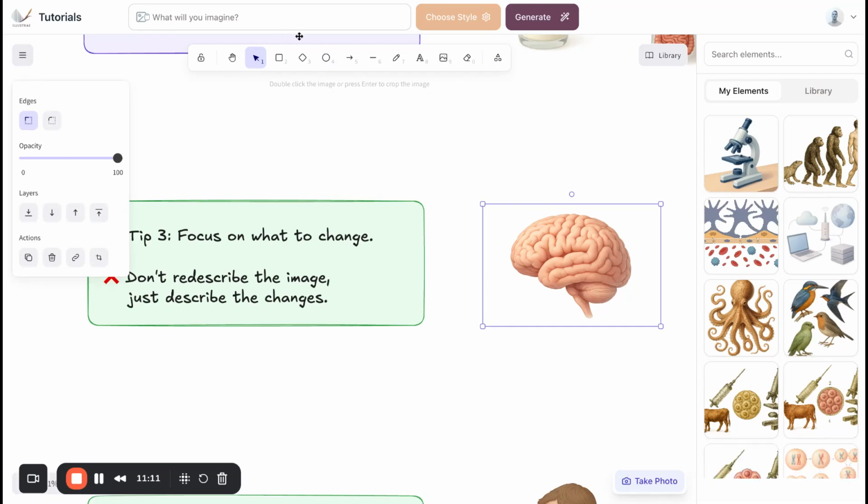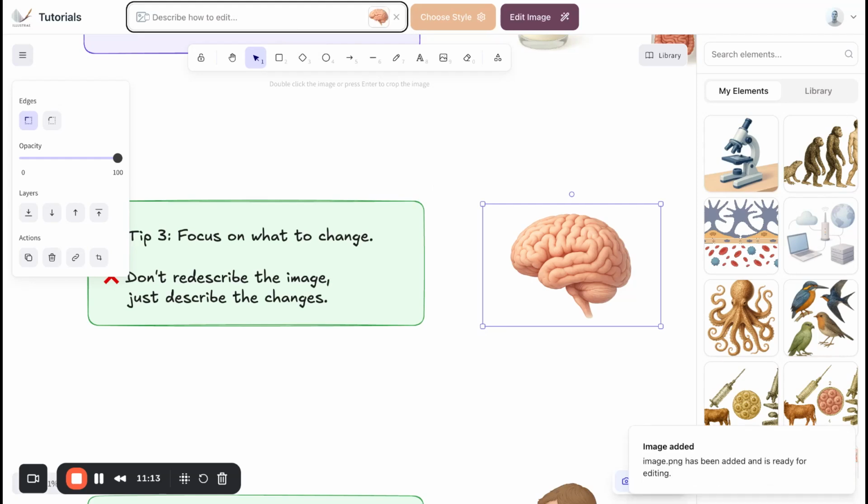Again, I'm going to copy it to my clipboard and paste it into this prompt bar. If I want to highlight a certain area, let's say highlight in orange, that's actually all that I need to do because Illustrae already has the image that we've provided. It has the context of generating a scientific illustration. And all I need to describe are changes. I don't need to say a diagram of a brain highlighting